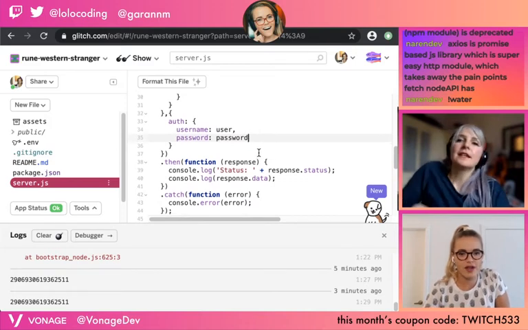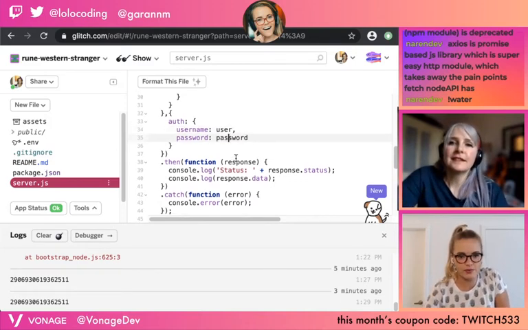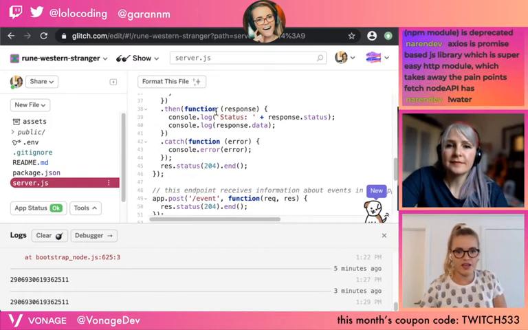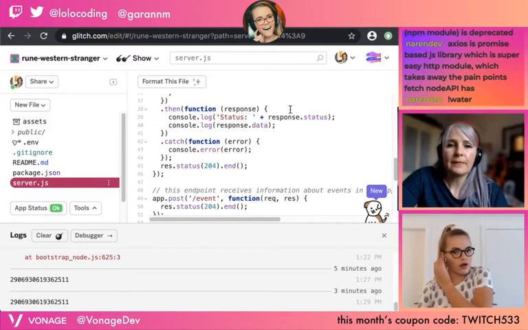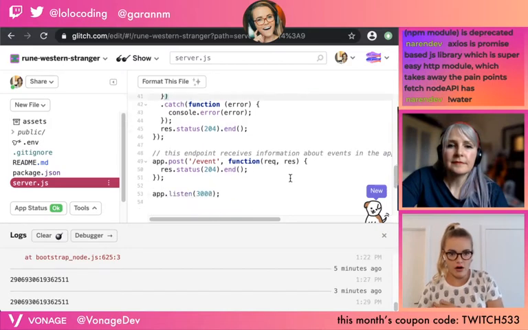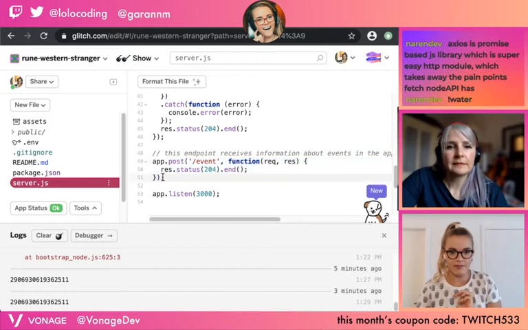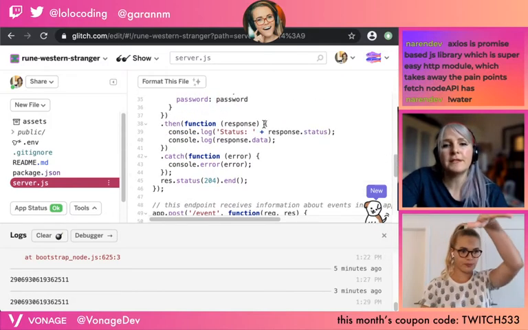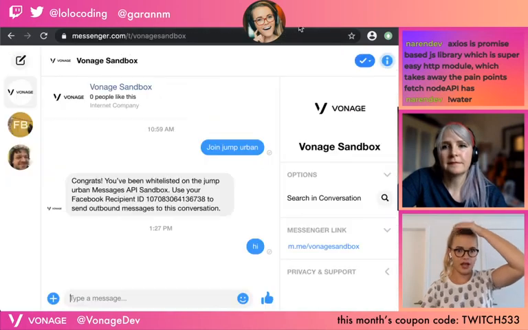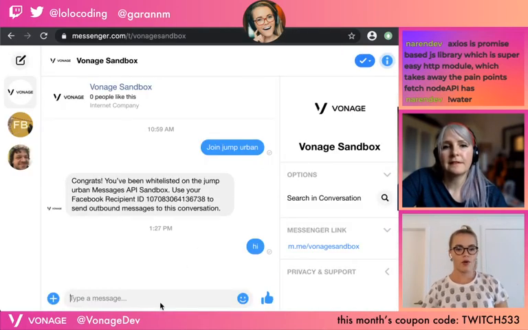All right. So now we have the API key, the password, and then returning if it's successful, we're going to log that out, and if not, we'll log out the error. And again, still nothing else is happening in the post event. Basically, all the action is going to happen in your Facebook Messenger client for this. Okay. So I'm going to go back over to our